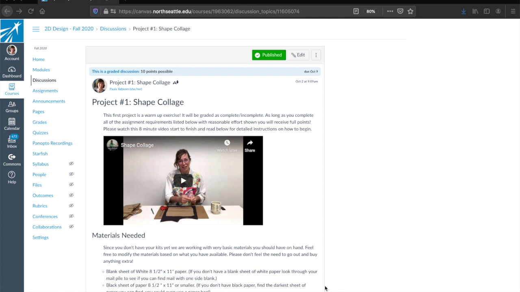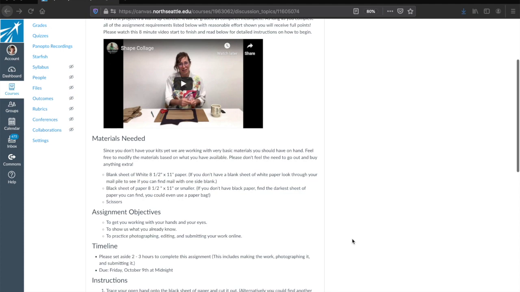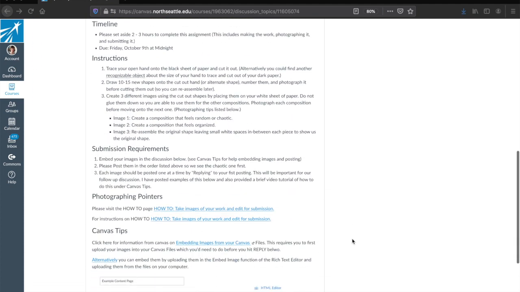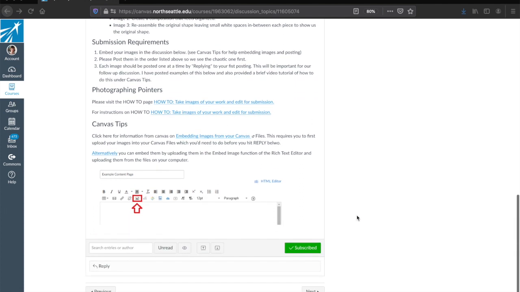Okay, everybody, you have gone through the shape collage exercise, watched the video, taken your photographs. Hopefully you've visited the photographing pointers page right here. I accidentally realized I have two of them, but you just need to watch one. I'll delete the other link. So the next thing you're going to need to do is submit the images into the discussion below by clicking